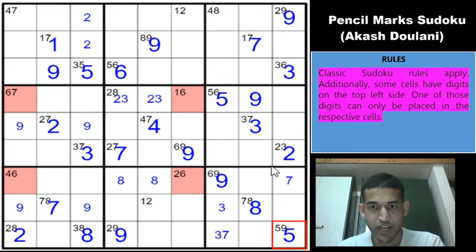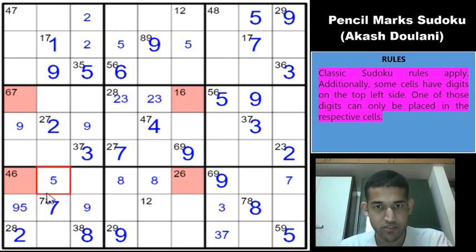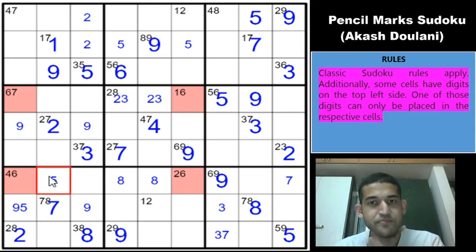Okay, there is a 5 in column 7 and column 9, which means that 5 in column 8 must go into one of these two cells, but there is a 5 in row 3, which gives us the 5 here. And we can continue further with the 5s. So 5 must go into one of these two cells. And if you look deeper, 5 in box 7 can go into only one of these two cells because 5 is in column 3 and 5 is in row 9 and 5 can't be here. So 5 will be in one of these two cells.